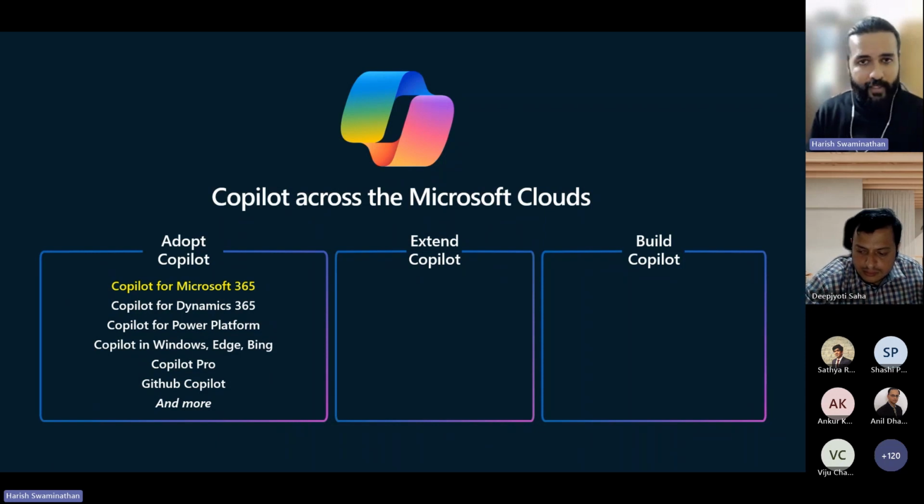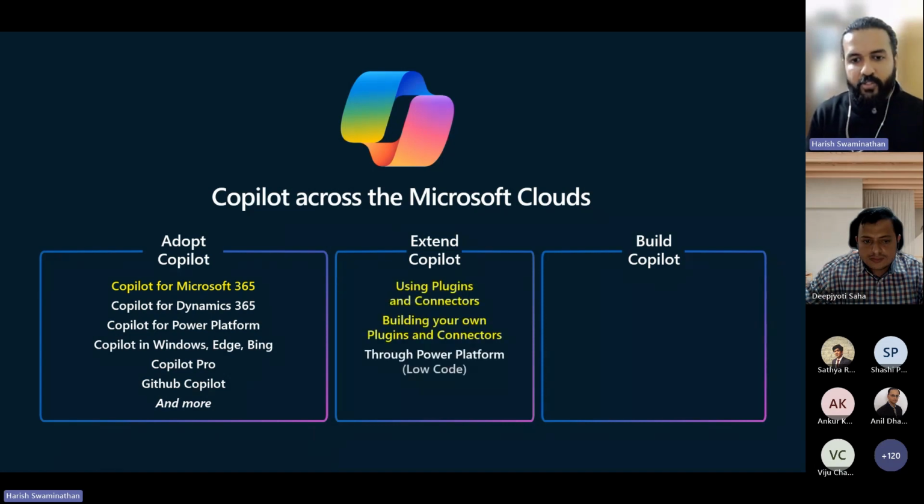But as you can see, Copilot is available on a number of other different surfaces. I would call this the out-of-the-box Copilot. All of these Copilots come with a number of capabilities that you can start using right away if you purchase Copilot already. Now, we are a platform company, and for developers and organizations who want to go beyond what is out of the box, and you want to extend your Copilot to know more and do more, you can start using plugins and connectors. We will cover this immediately, where we will be showing you some things that are available out of the box to start extending right away. But then if you do want to build your own plugins and connectors, that is something that we will definitely cover